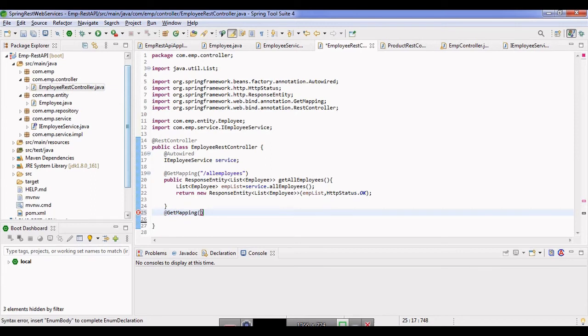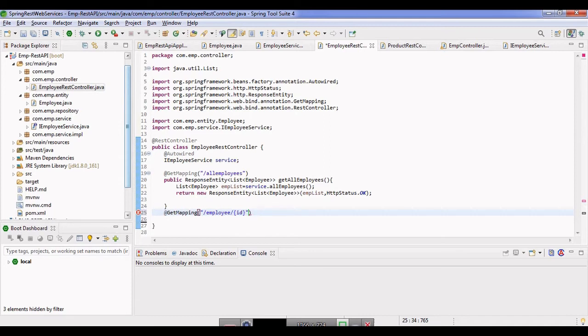The value I'm going to pass is /employee/{id}. This id is basically a path variable. So whenever in my URL I want to pass any value, I can pass it with the path variable.